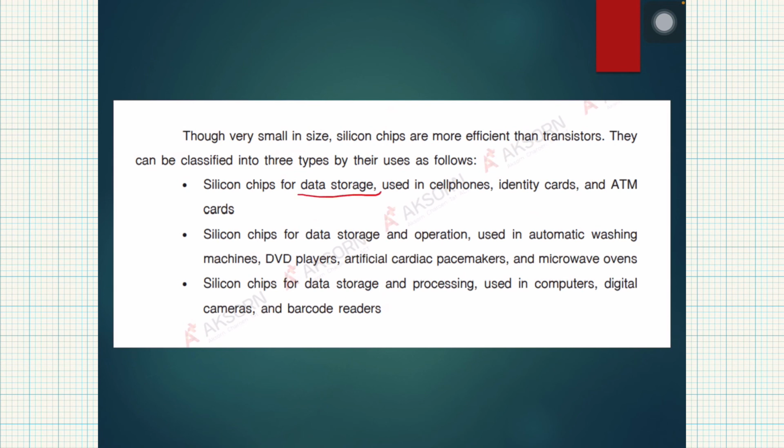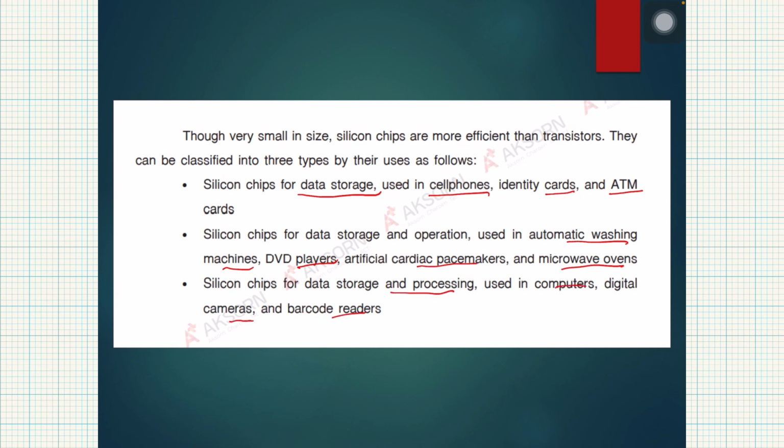Okay, where can you find data storage? Like in our memory storage, in our phones, cards, ATM cards, and they are also used for data storage and operation in automatic washing machines, DVD players, artificial cardiac pacemakers, and microwave ovens. I think these are used in time-bounded appliances, okay? And then silicon chips are also used for data storage and processing, used in computers, digital cameras,